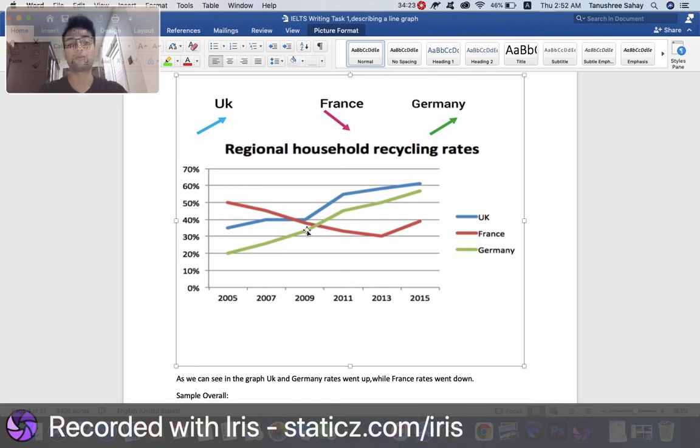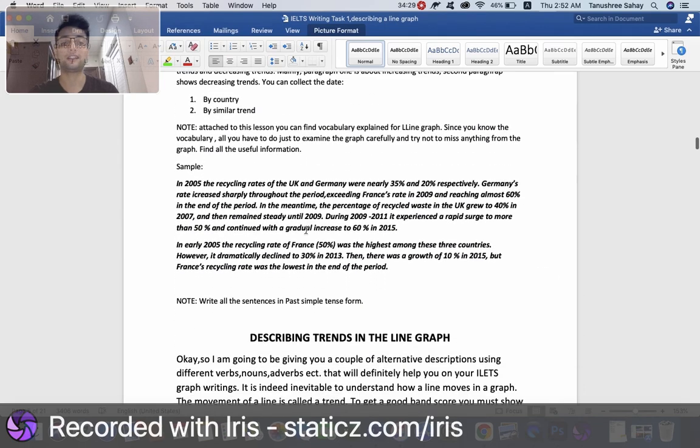So the crosses are really important, and they should definitely be mentioned in your essay. That's what I did, like this. Exceeding France's rate, exceed means go over. In 2009,